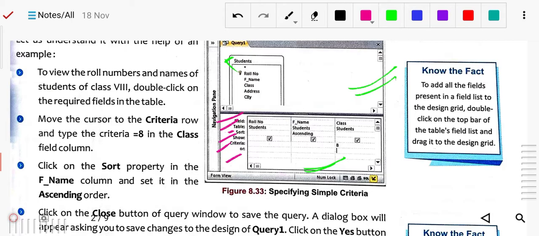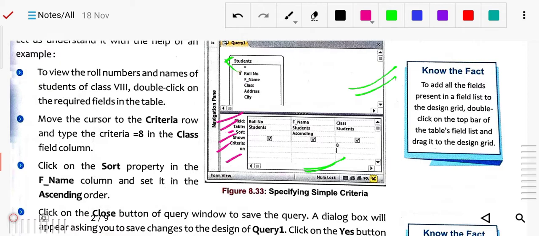So row display a check marks. The field with check marks display the information when the query is run. To hide a field during the runtime, deselect the check marks by clicking on it. Whatever the field is, the information is there when the query runs, and that will be shown. Sort is the property used to filter the data either ascending or descending. Okay, that is for the sort.